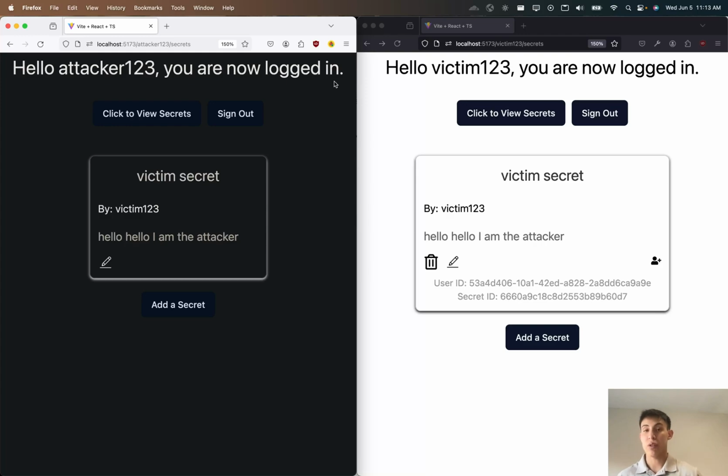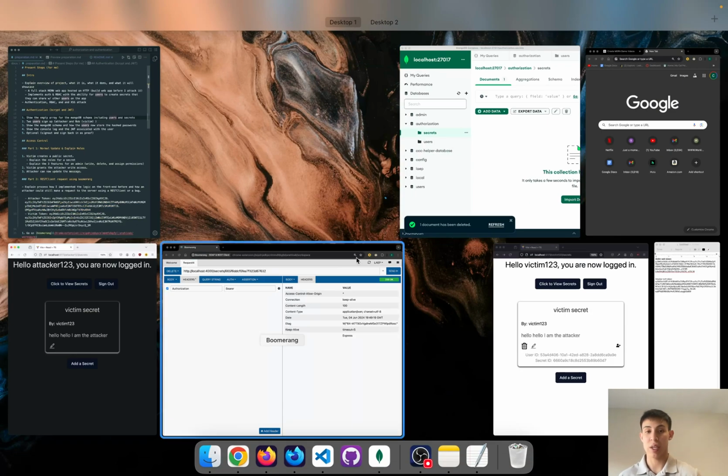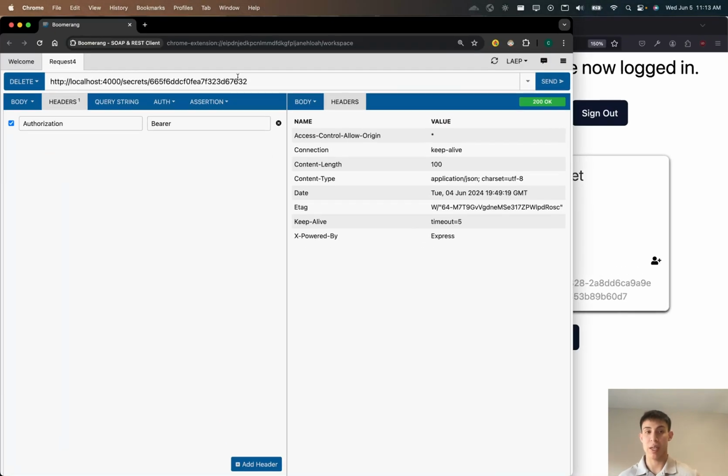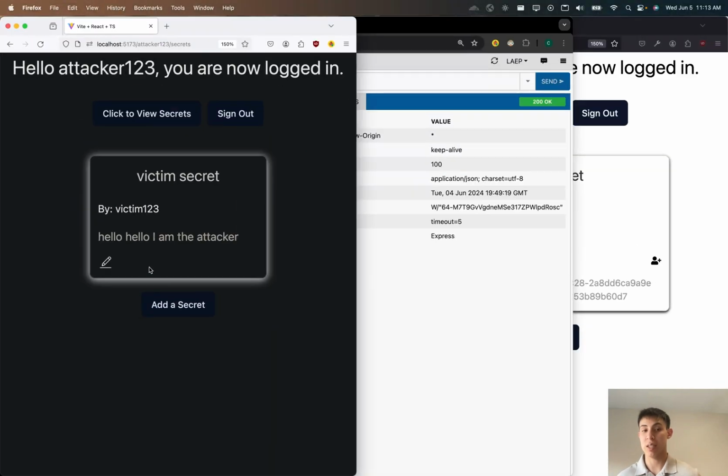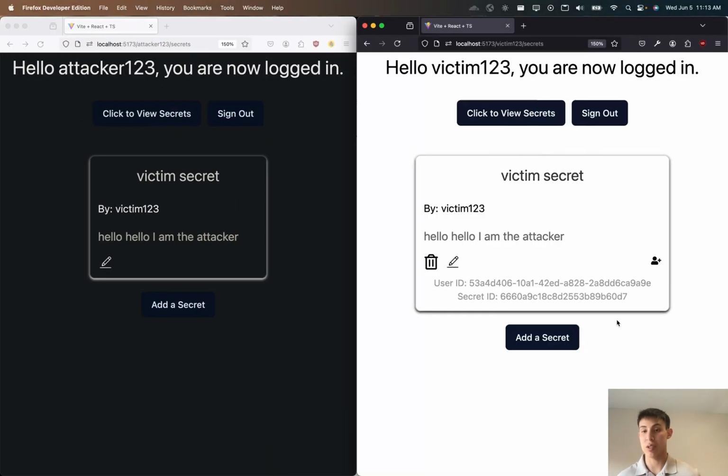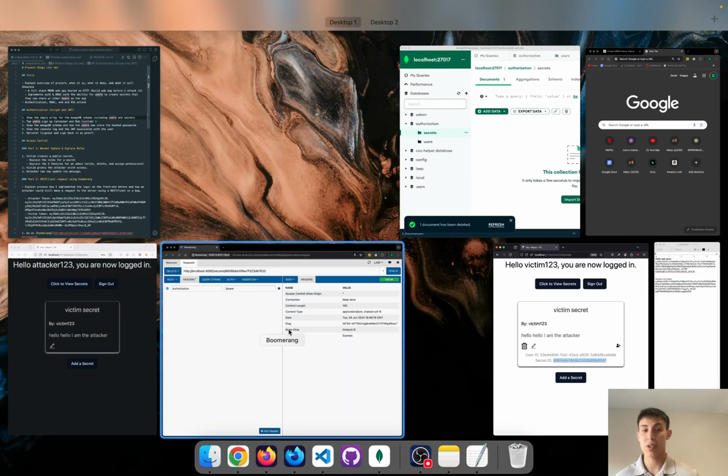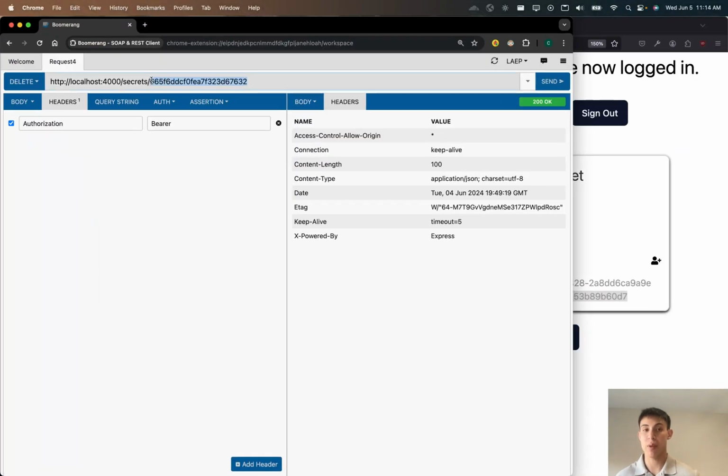However, if a user was using a REST client such as this right here, a REST client called Boomerang, I'm still able to send the request even if I don't see the button initially. So if I just copy the secret ID, and this is also assuming I know the correct endpoint, let's go ahead and just try it, and I'll show you guys what I did to prevent this from happening. So if I just press send,